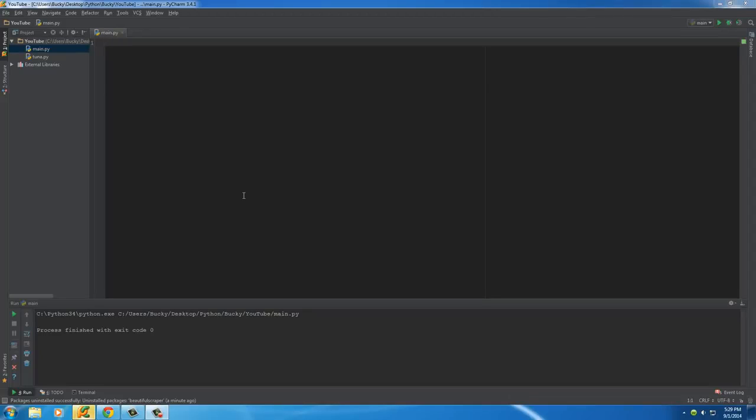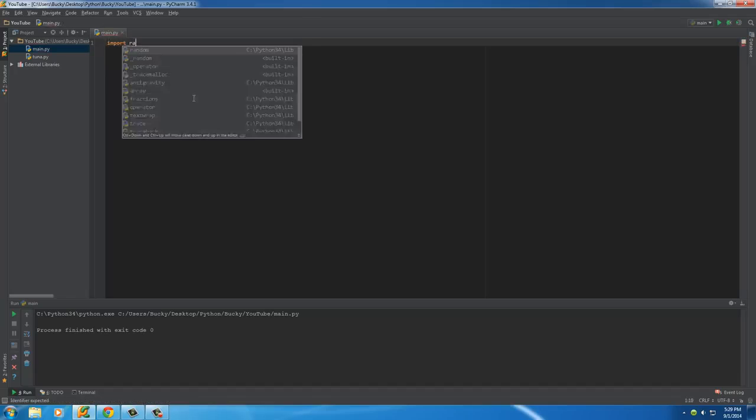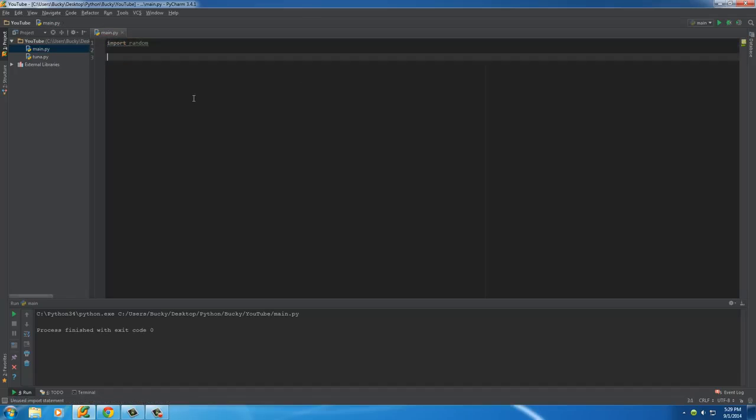Alright guys, this is going to be a cool tutorial because I'm going to show you how to build a very simple program where you can download an image from the internet. So the first thing I want to do is import random again, and that's because whenever we download an image, we're going to be giving it a random file name and saving it as that because we don't want